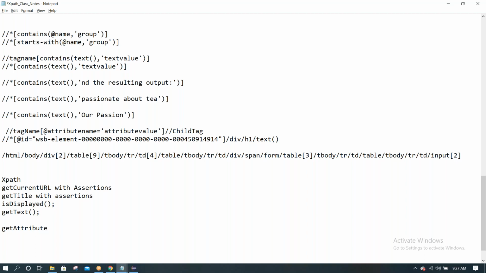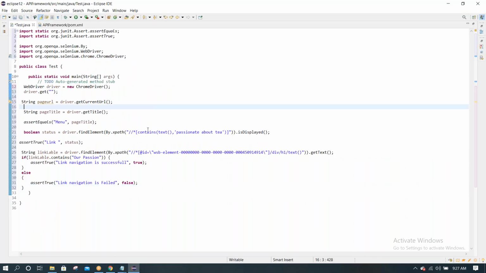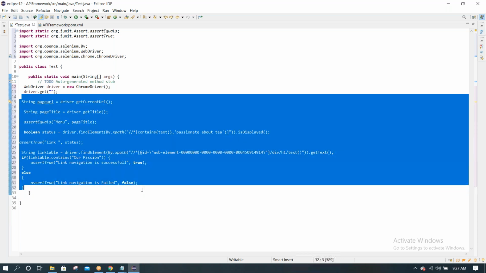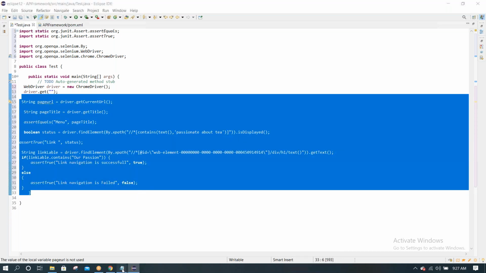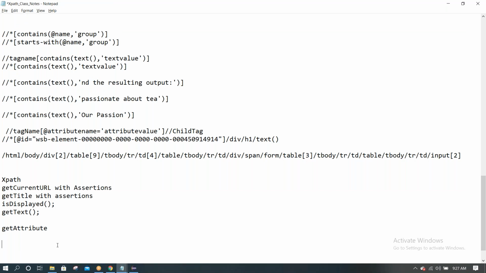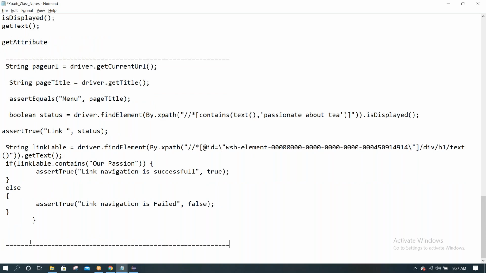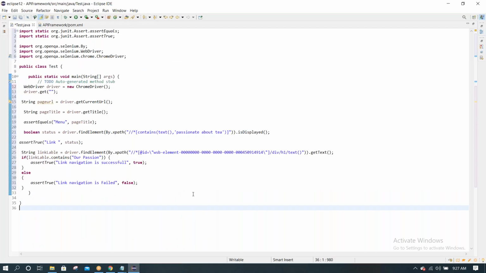This is very, very important. I will add this program in the class notes lastly. To make it user friendly, take a screenshot of this, so it would be easy.